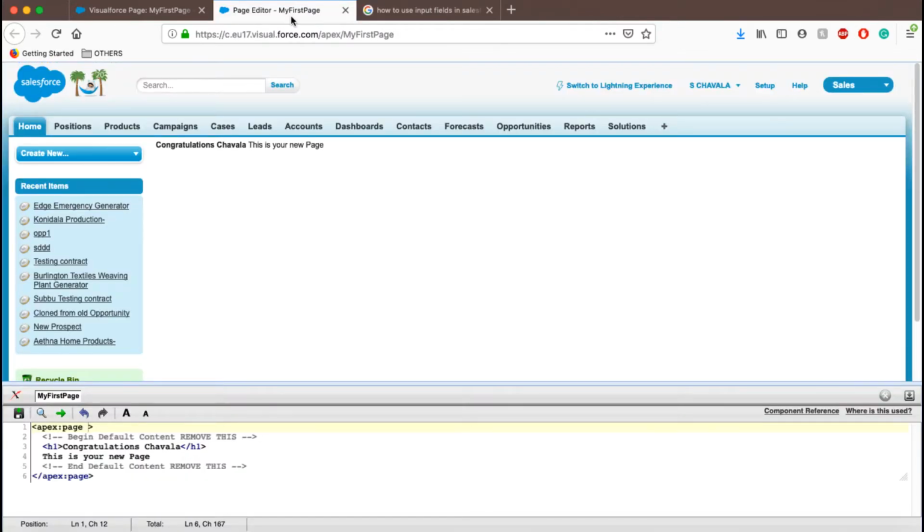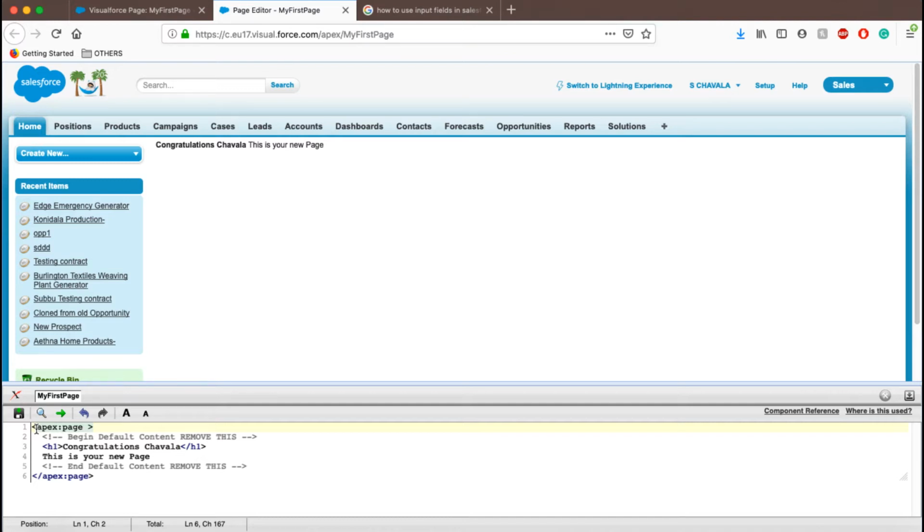In Salesforce, we have something called a Visualforce tag. Any Visualforce starts with apex colon page. This is nothing but a component. So what is the definition of a component? A component is something which has been created by Salesforce and which makes the developer's life very easy. The developer just has to know what the requirement is, and use the correct component.